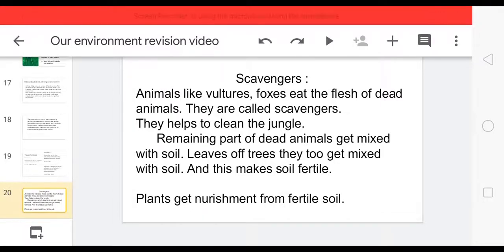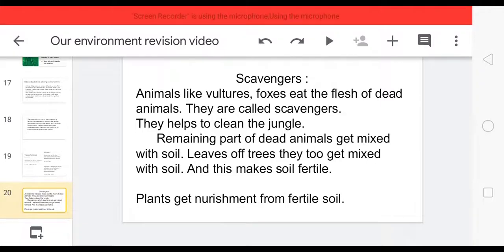And the remaining part of dead animals gets mixed with soil. Leaves of trees, they too get mixed with the soil, and this makes soil fertile. Okay, the remaining part of dead animals, scavengers eat the flesh of dead animals. Then also whichever remaining part of that dead animals gets mixed with the soil, and you can see in some seasons plants shed their leaves, means remove their leaves,